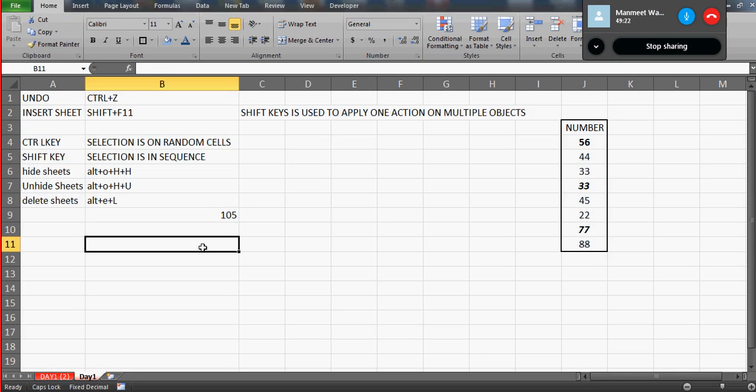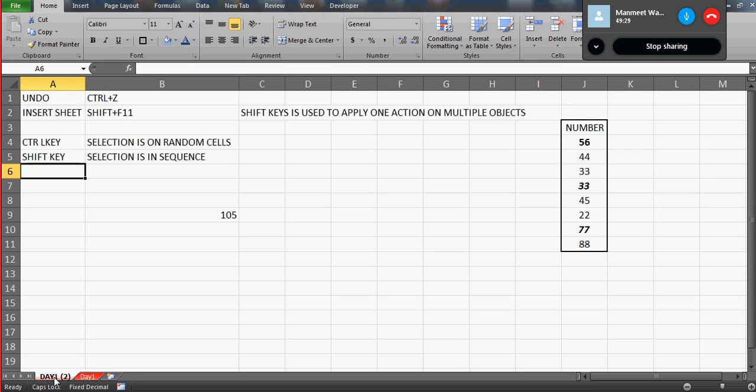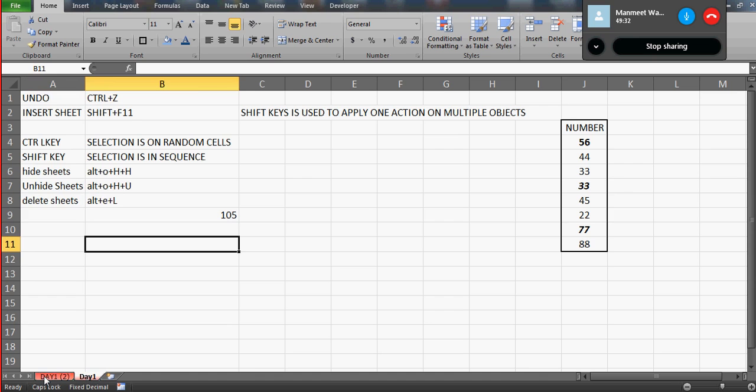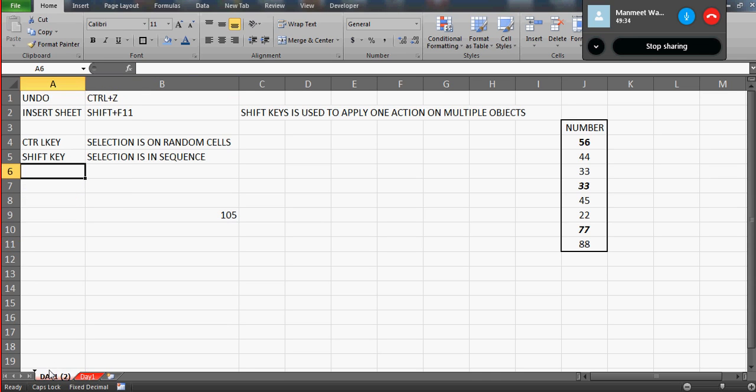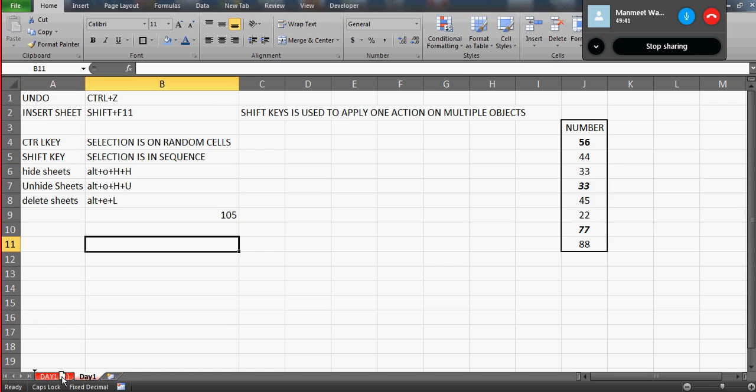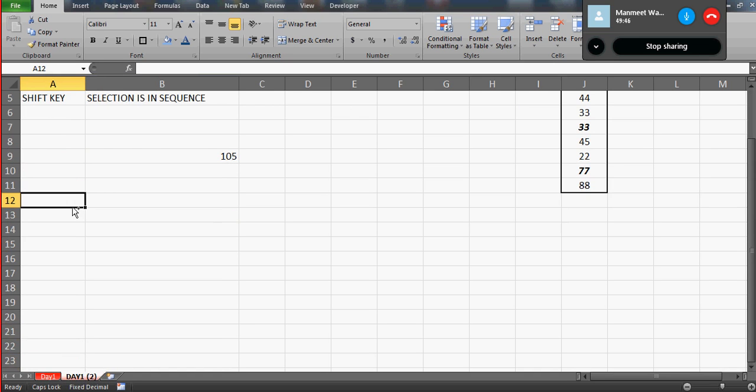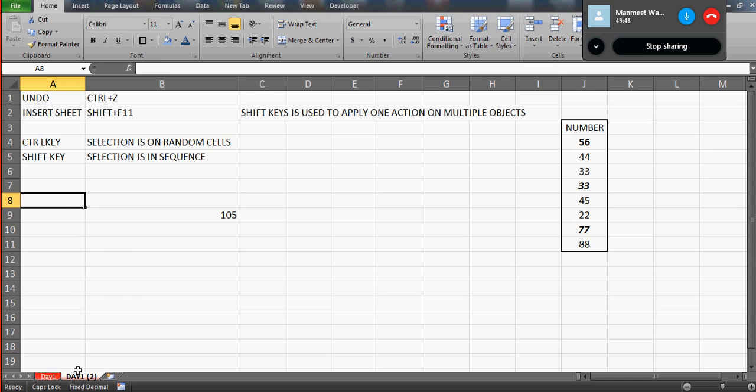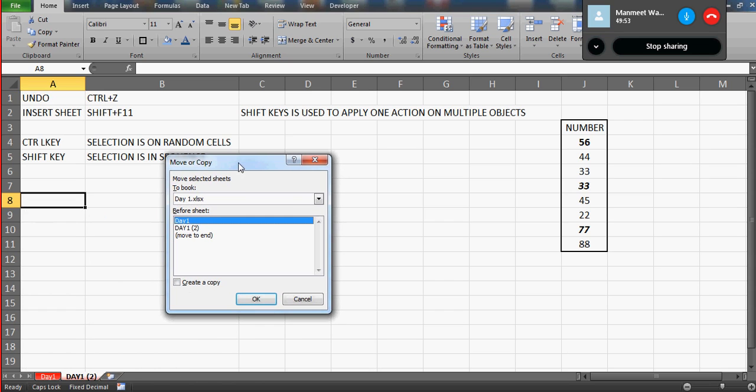Alright, yeah, so that's the shortcut key. And now what else you can do with this is the right click and move or copy option. Let's say now this is the sheet. I'm going to drag this here. Right, so this will be moved. Now let's see what else we can do. Move or copy, and now I'll say that this time I don't want to create a copy